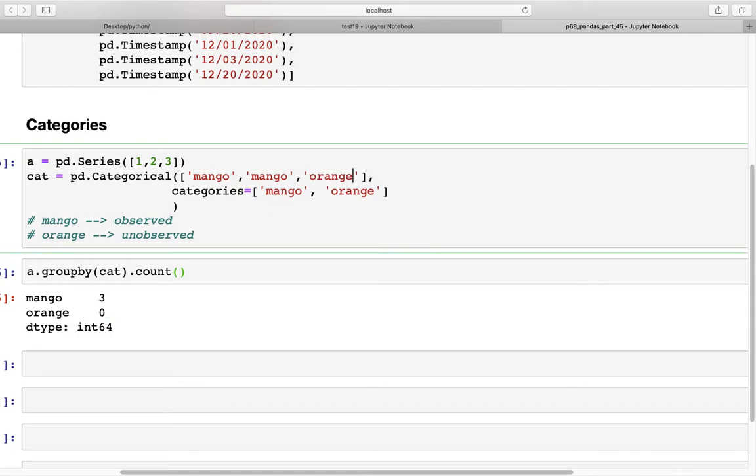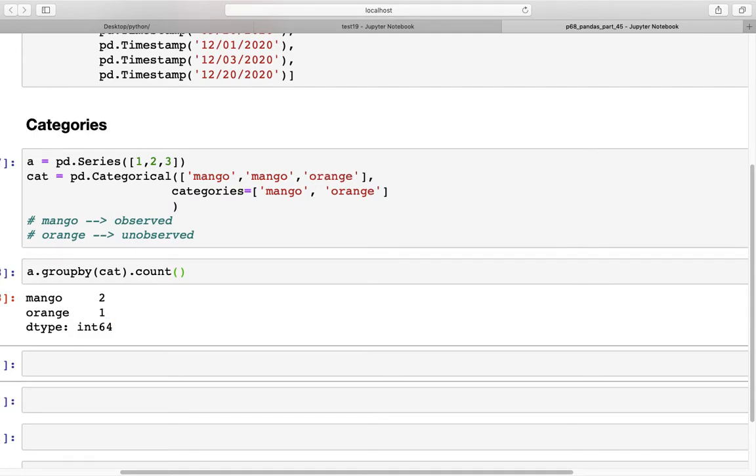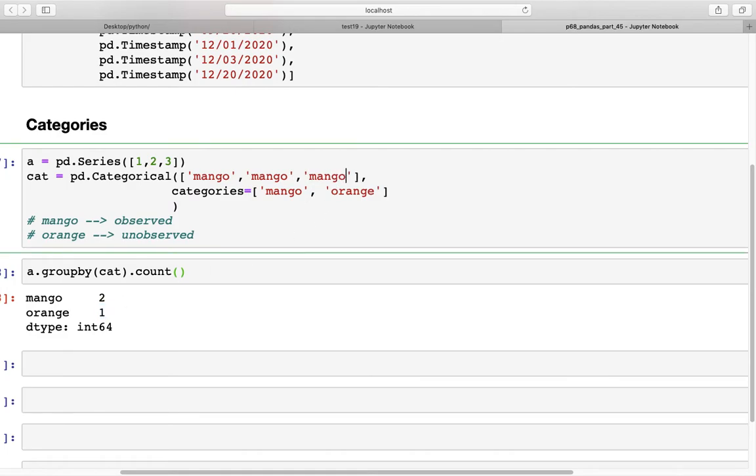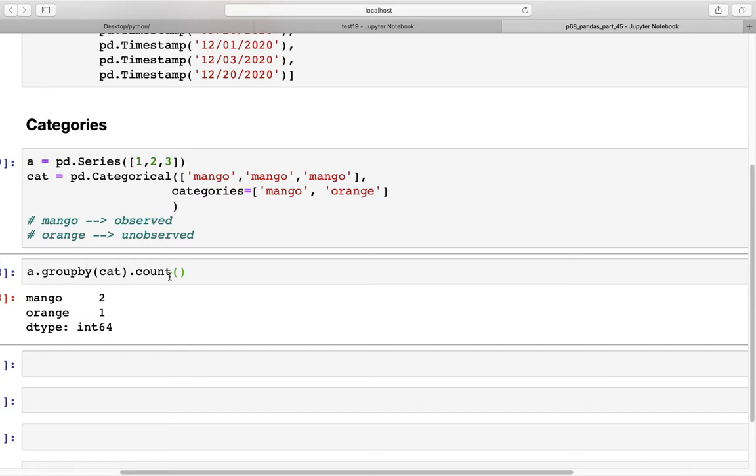Just for checking, if we change one of those to orange and then run this, we see that now the count of orange is 1, and so everything is observed. So let's go back and change that to mango again. Now